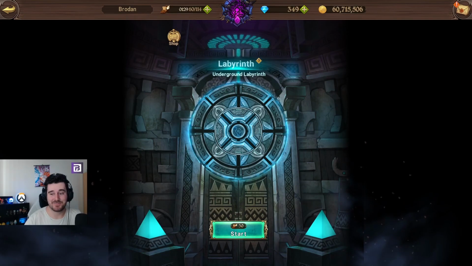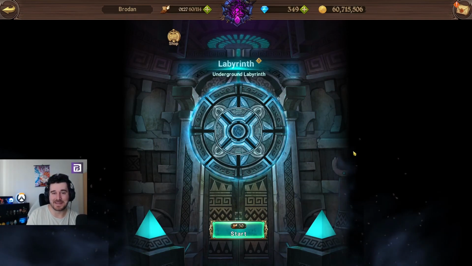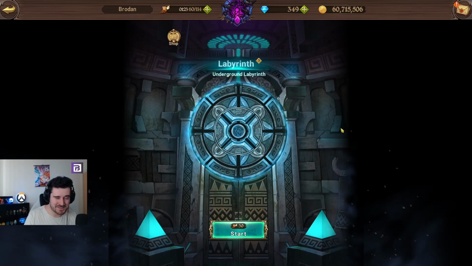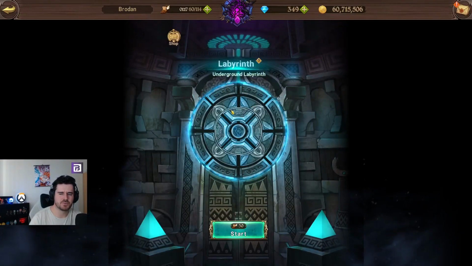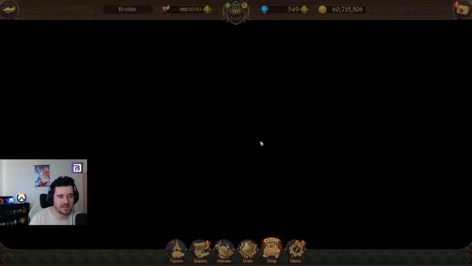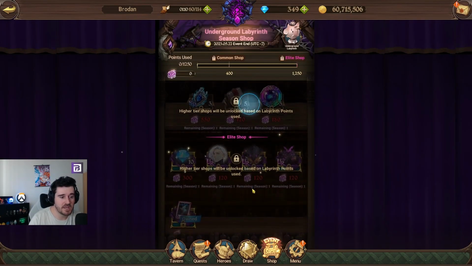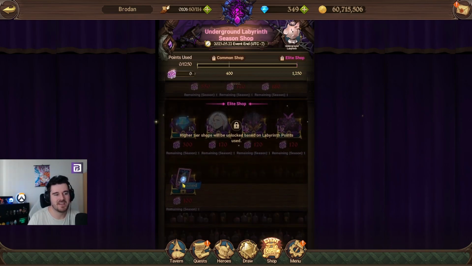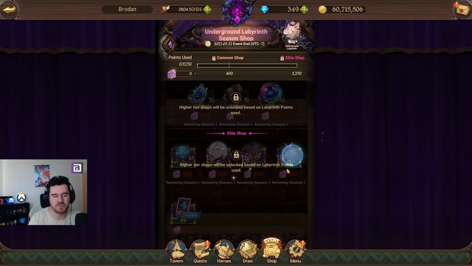Post-edit Broden here. I completely forgot about the labyrinth in this video, so I'm going to cut this in pretty crudely, probably towards the end. But don't forget the labyrinth is available. It is the season 4, I think, of Labyrinth now as well. So we do all have access to this. There is the Underground Labyrinth shop like there was last time. Looks like they have increased it because there's now the Elite shop where you get the diamonds, the card, and then obviously the beautiful, beautiful Mael